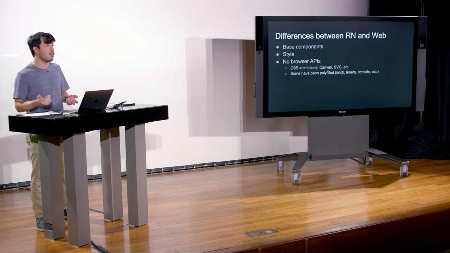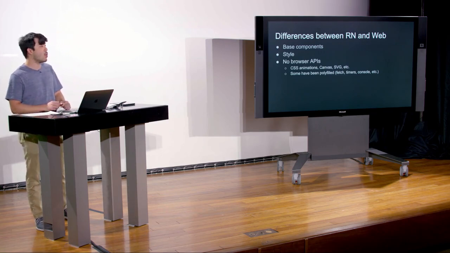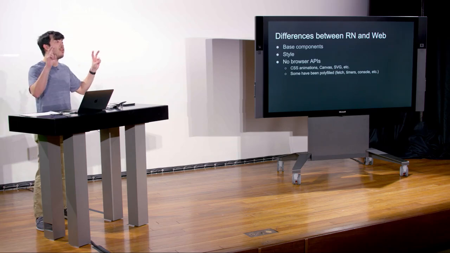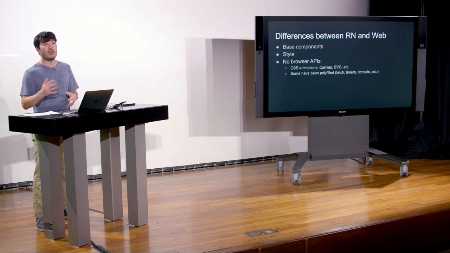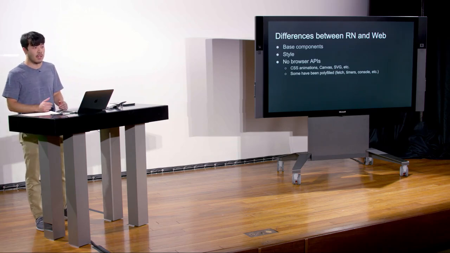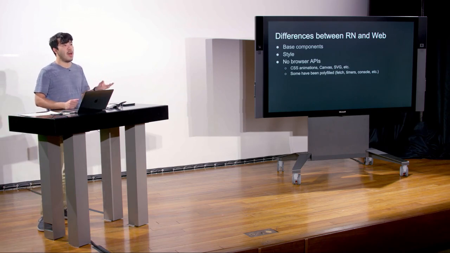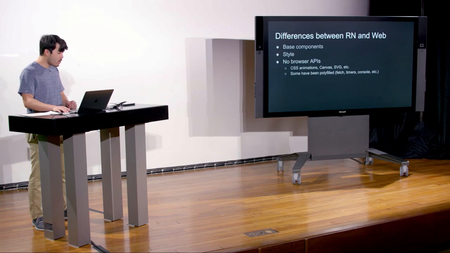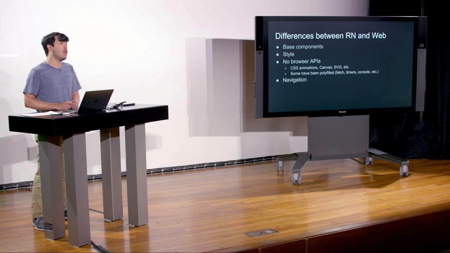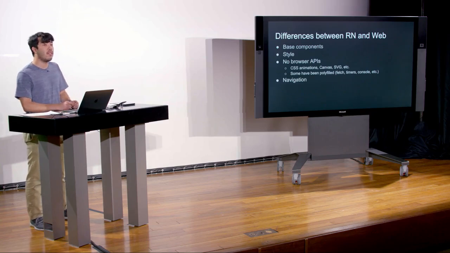And so fetch is something that's not supported by all browsers, but by polyfilling it, you can include code that will implement fetch if it doesn't exist already. And so things like fetch, timers, like set timeout, set interval, or console.log, console.warn, and stuff like that have been polyfilled so that they work in React Native as well. And also the way that you handle navigation is slightly different in React Native,